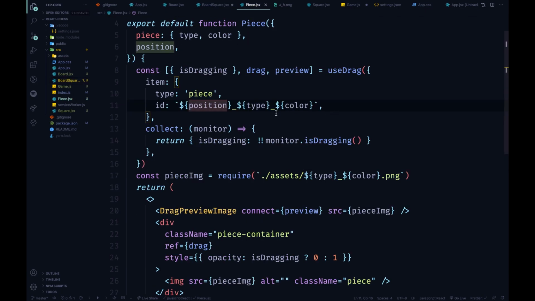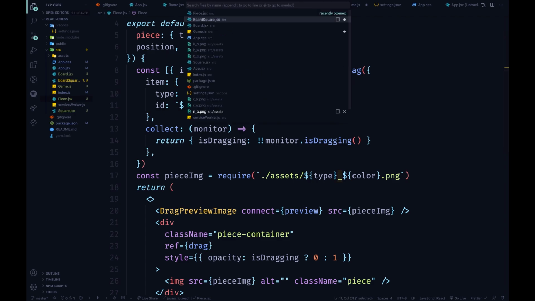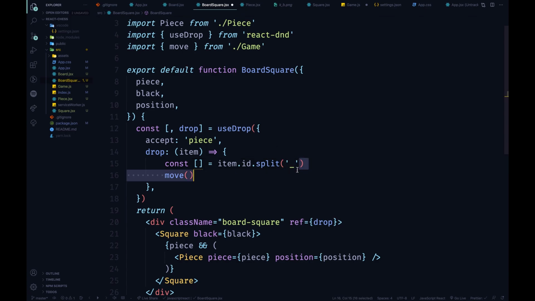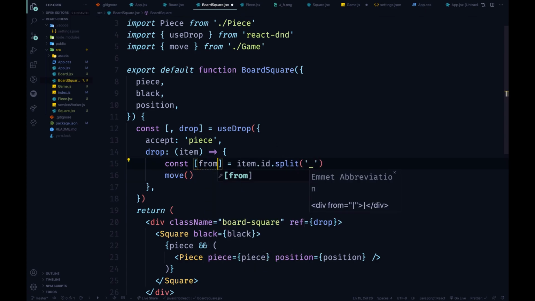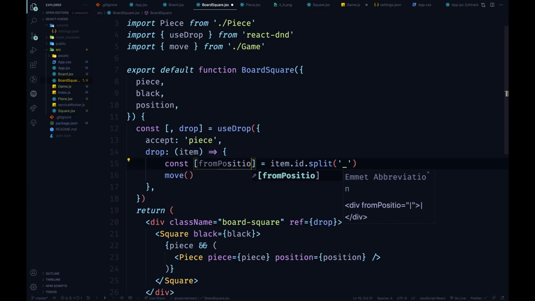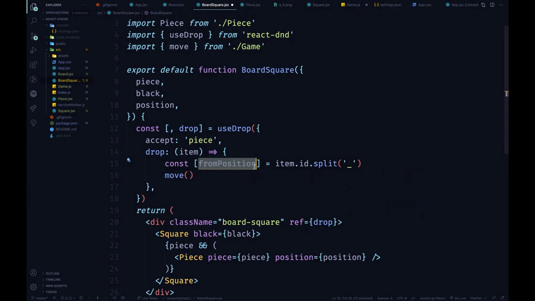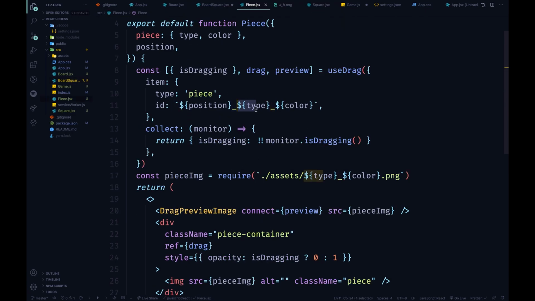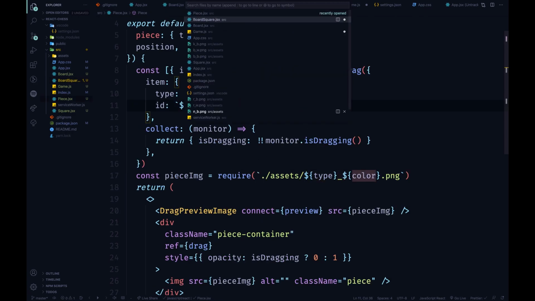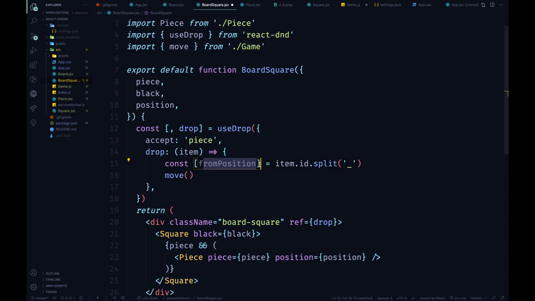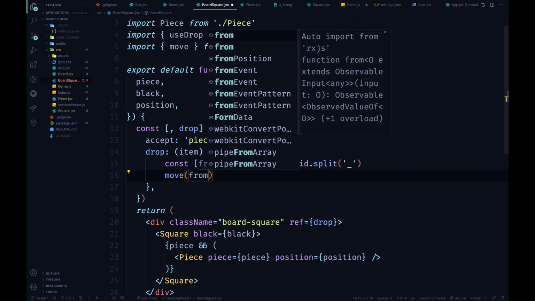So if you go here, you can see that we are separating every one of these variables with an underscore. So we are going to split that, and as a result the first item of this array is going to be the from position. We also have the type and the color, but we are not going to use that. We are going to use only the from position, and then we can say move from